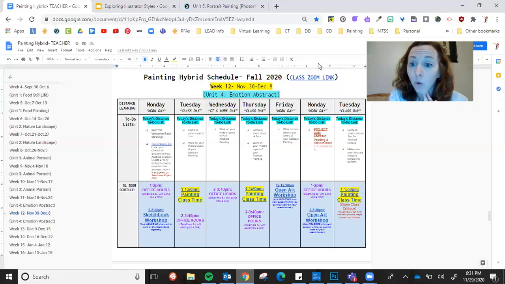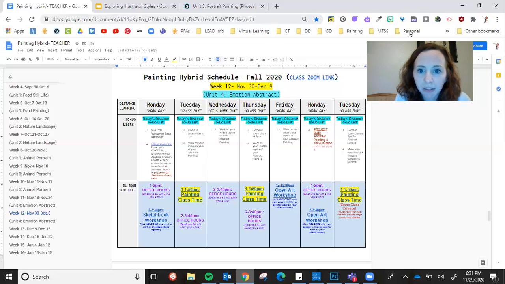Today, I also have time for a workshop, which is really exciting. For the first half of the workshop time, everyone is invited to a general sketchbook workshop because that's what you're supposed to work on today. Today's sketchbook is right here, checkpoint 5. Basically, what you're going to do is find the antonym of your abstract emotion, so the exact opposite. So if my emotion was blissful, then the opposite,